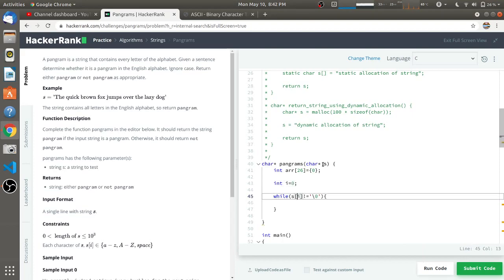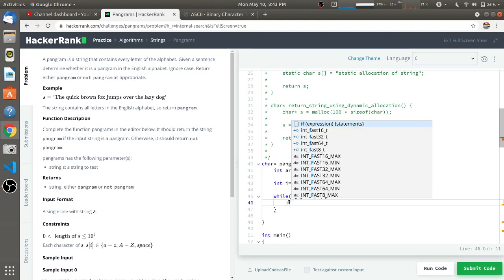So it will start traversing from the first character of the string, and then I have to check if that character is a capital or a small letter. If the letter is capital, then we have to do something special to it, and if the letter is not capital, then we do something else.